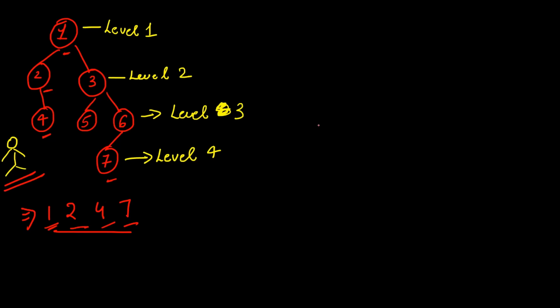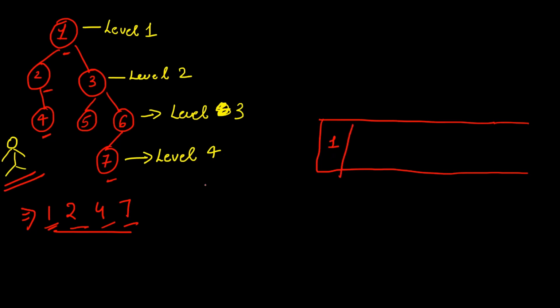Now what we're going to do next, so let's take a queue. It's just a simple level order traversal we are going to do. So first of all, we are going to add the root node to the queue. Now you know that we'll take a loop till the time the queue is not empty, and inside this we'll be tracking the size of our queue.